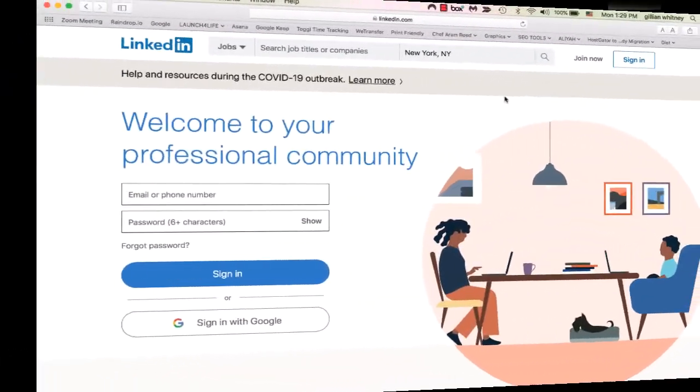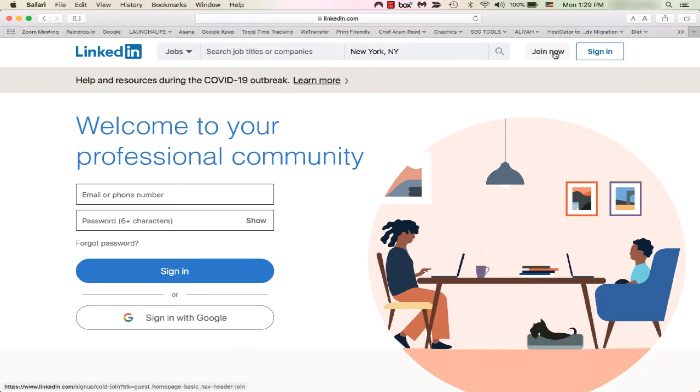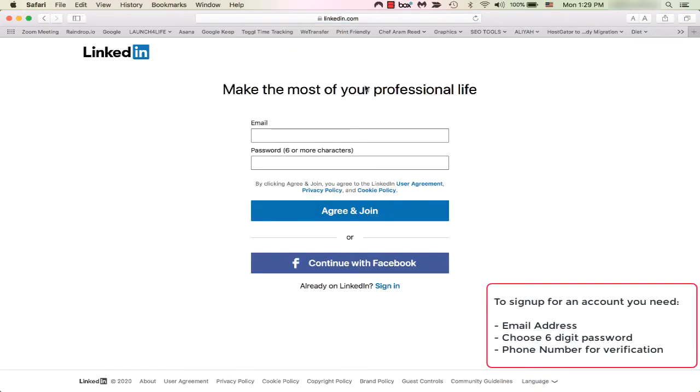I'm going to walk you through the process of signing up for a LinkedIn account. So you start off by putting your email in the email. It's a good idea to use a business email, an email that you can get access to all the time. Then you want to have a password, and you see that it needs to be 6 or more characters. So put in a password that you'd like to use for your account, and then you're going to hit agree